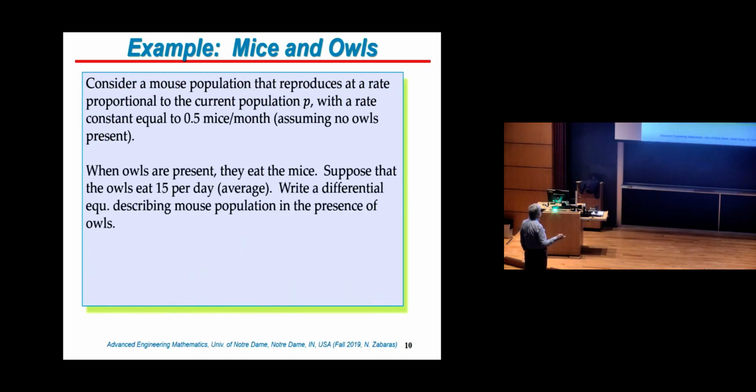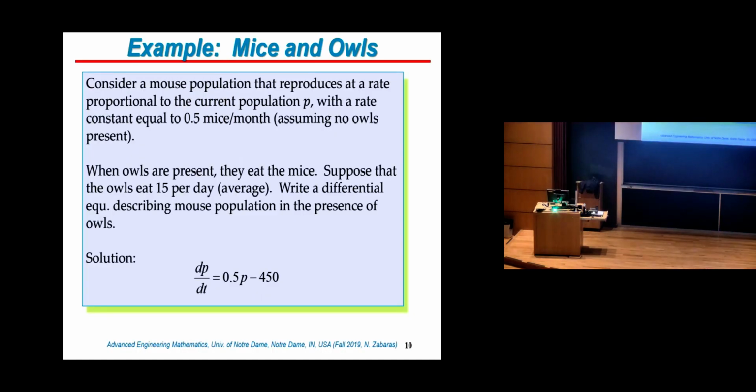So this is a very standard example with ordinary differential equations, and every textbook actually has this example. This example has to do with the population of mice and owls. So let's call the population of mice in your hometown P. All right, so this tells you how the population changes monthly. And it tells you that the mice reproduce at a rate of 0.5 per mouse. That's a high productivity, right?